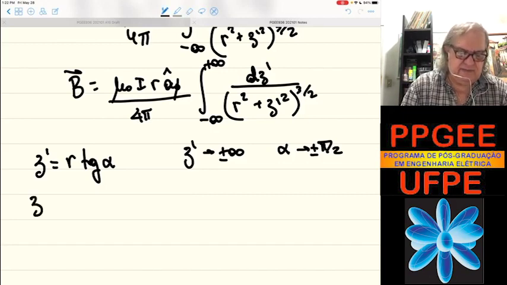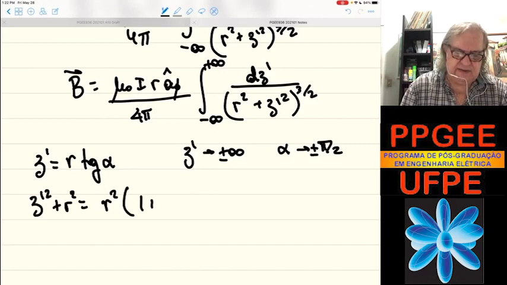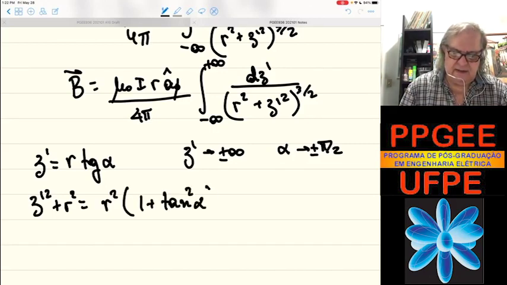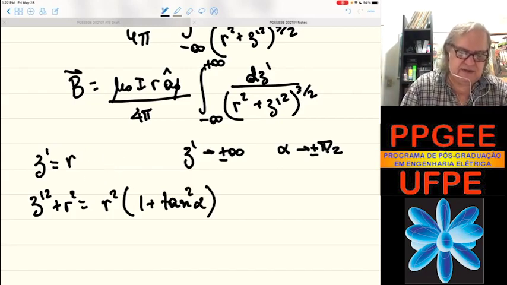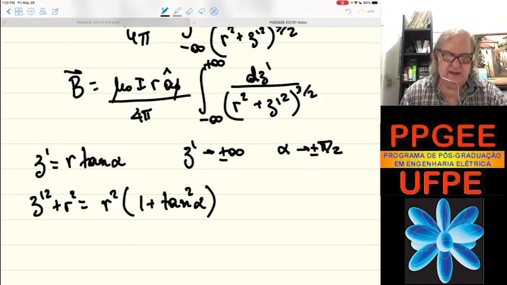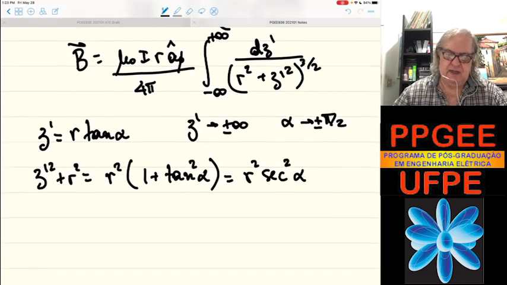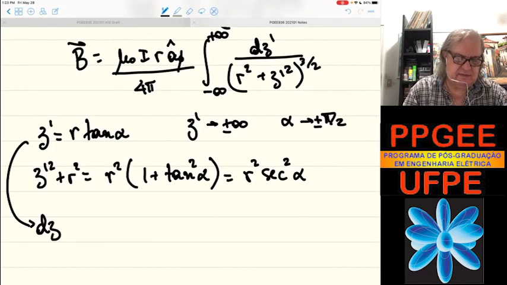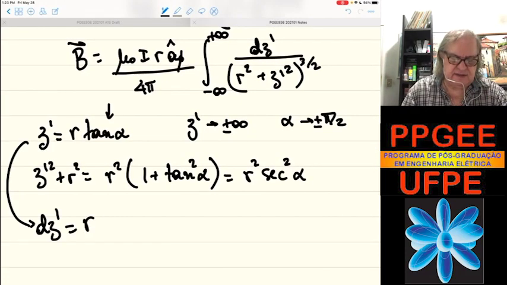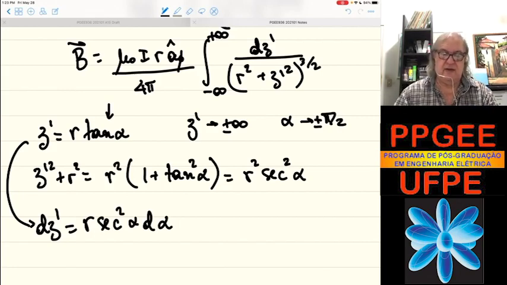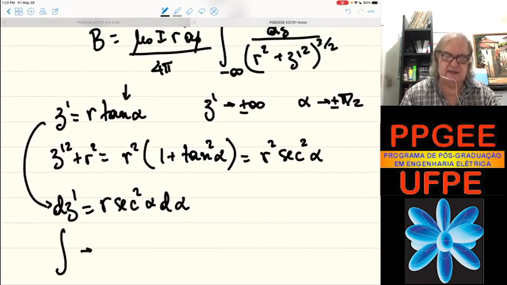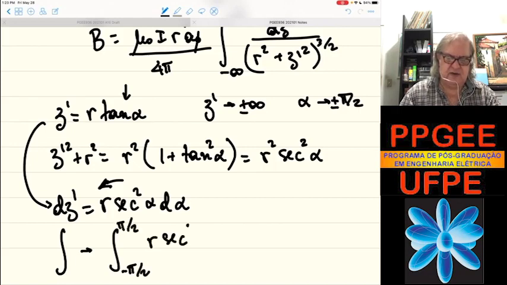So what else do we have here? Z prime squared plus r squared equals r squared times 1 plus tangent squared. Let's use the English notation, which is tangent of alpha, which gives r squared secant squared of alpha. And also dz prime equals r times the derivative of tangent, secant squared. So what we have here is that the integral is like this. Dz prime is here, so it's going to be the integral from minus pi over 2 to pi over 2 of r secant squared alpha d alpha